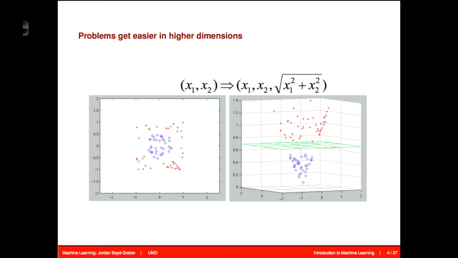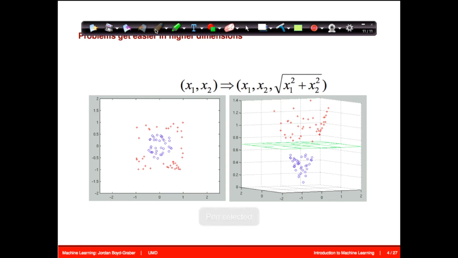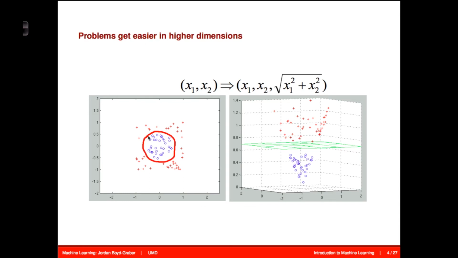So let's say that you wanted to solve this kind of circular problem where you have one class that forms a circle around the other. This is clearly not a linearly separable problem, but just as before we could go from 1 dimension to 2 dimensions and make something linearly separable, we can do that again by basically adding in an additional dimension that represents the radius of the points. So now we're adding an additional dimension that is essentially computing how far away from the center a data point is,